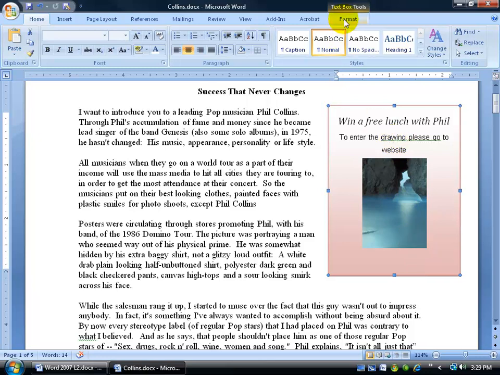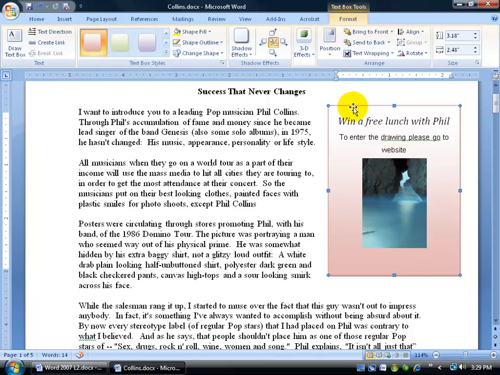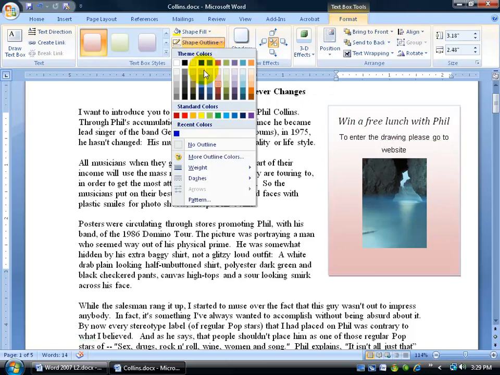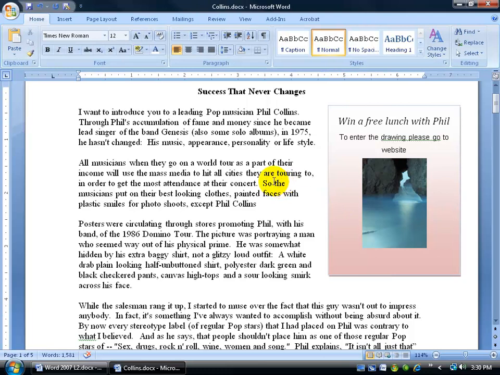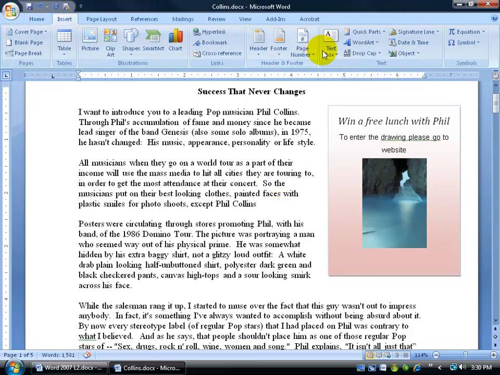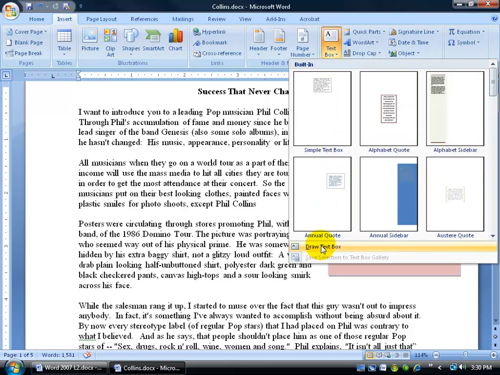And that looks pretty nice. What I can do is go back to the Format tab for my text box and also change the outline of the border to a different color as well, maybe a light blue, so it kind of blends in a little bit with what looks like a cave there of water. So we have the pre-built text boxes. You can create your own basically by going to the Insert tab, clicking on the Text Box button and coming all the way down to